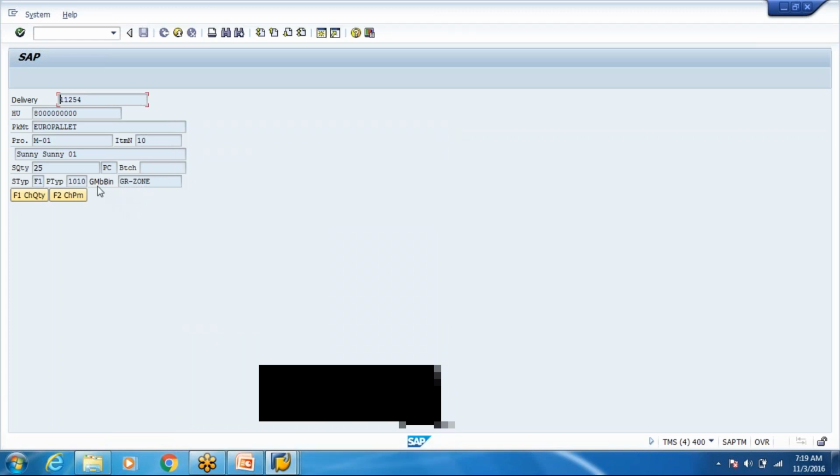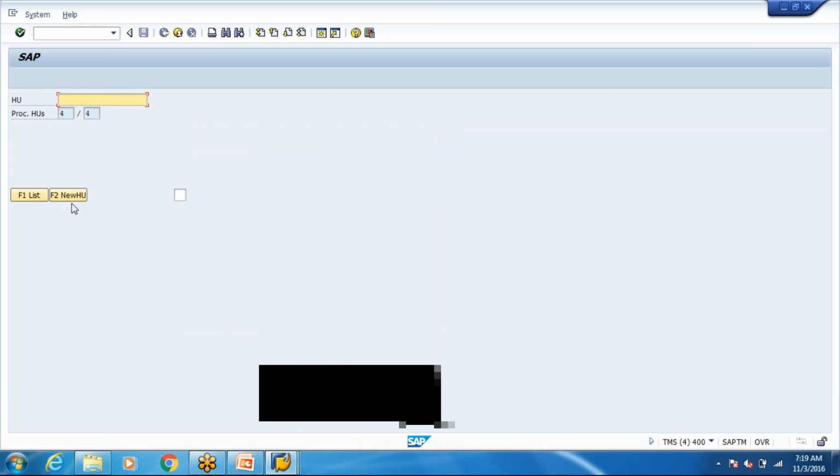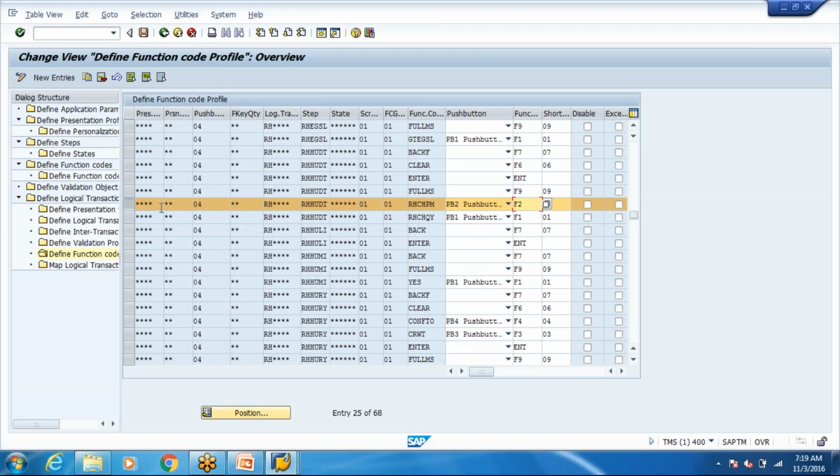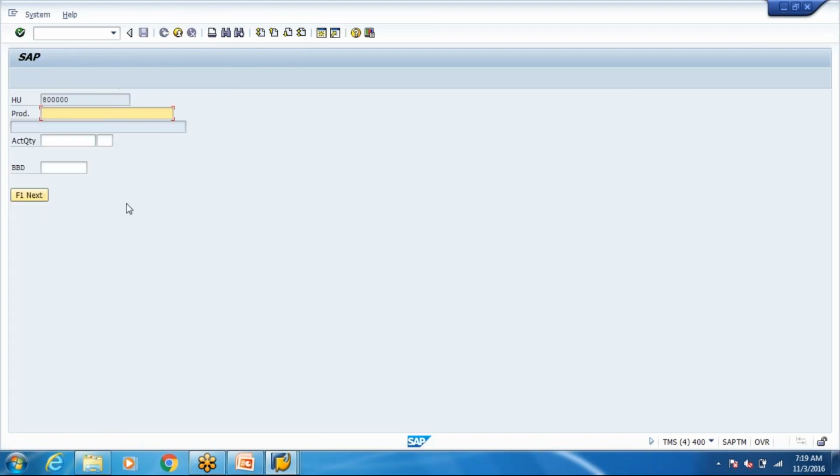If you want a function code of GR here itself, how can we bring the function code of GR from this screen to this screen, or maybe a function code of unloading from that screen to this screen? All these things can be done when we do some development on the RF side, okay.